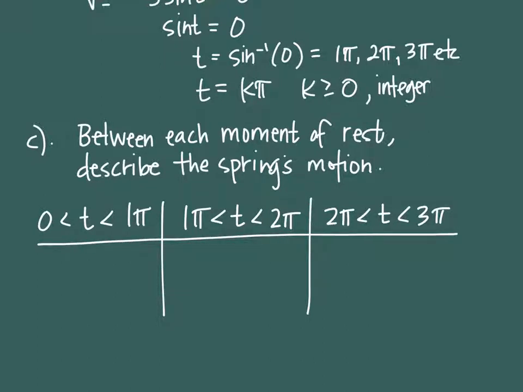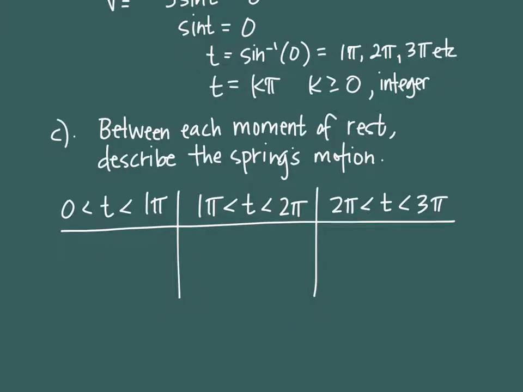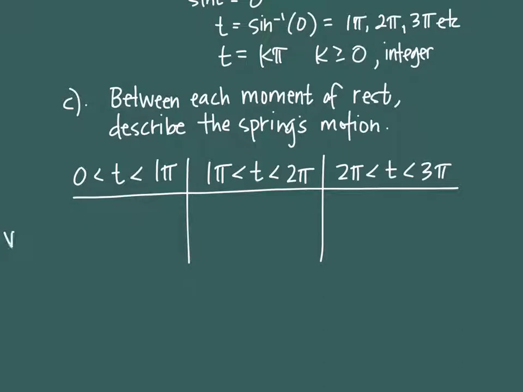And so if I'm just describing the spring's motion, I want to know what is the velocity between each of those intervals. So sometimes we set up a chart like this, and we're asking ourselves what the values of the velocity are. So within the interval, you pick a time that is contained in that interval. So from 0 to 1 pi, an easy one to pick would be pi halves, pi fourths, 3 pi fourths, pi sixths, 5 pi sixths, anything, pi thirds, 2 pi thirds, any time value that's contained in that interval,